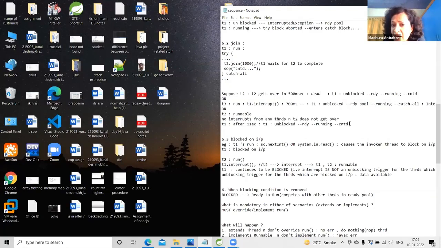So now imagine that T2 is running continuously. If T2 is running and T2 is not over, T1 will be blocked for T2 to finish execution. It will wait for a maximum of 1000 milliseconds. Now I introduce the third thread, T3. In T3's run method, who is sending the interrupt signal to whom? T3 is sending the interrupt signal to T1. And when? At the timestamp of 700 milliseconds. Okay? T2 is still running.